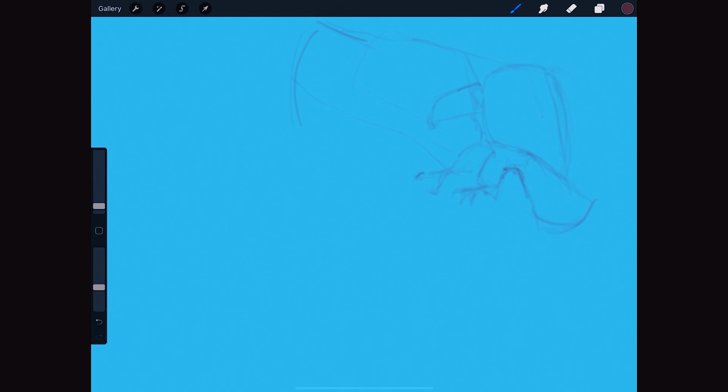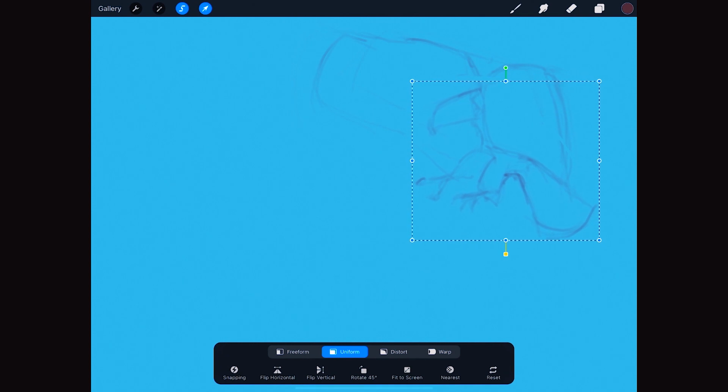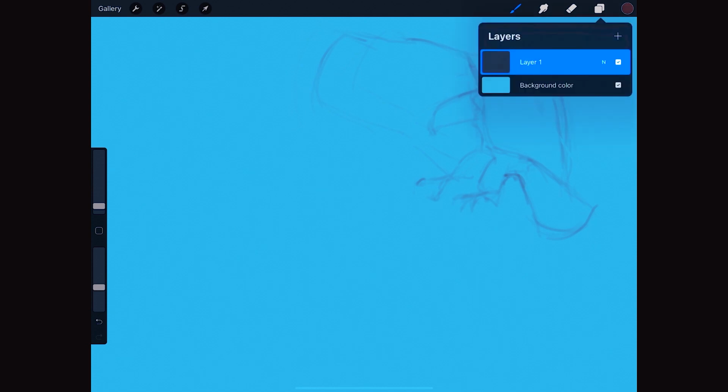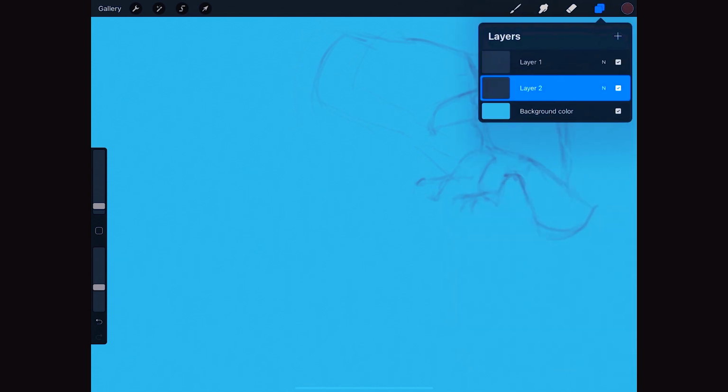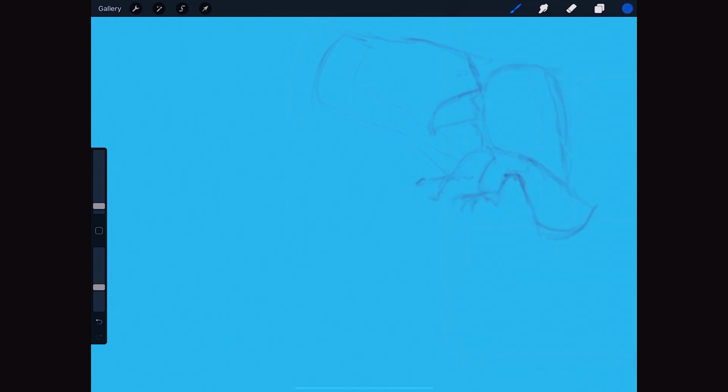I think the head and the body may be a little bit too high in relation to the wing. So let's select it and then lower it a little bit. If I were drawing with a pencil, I would rather have erased the wing to correct it. That would have been easier. On a new layer, and with the darker blue, we will draw the surface of the sea, a wave.